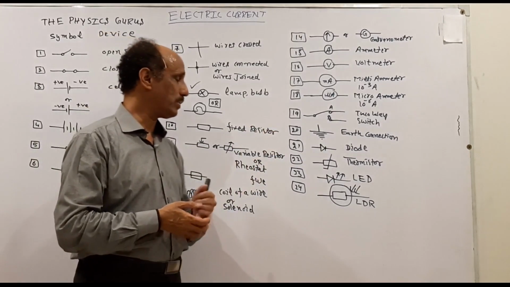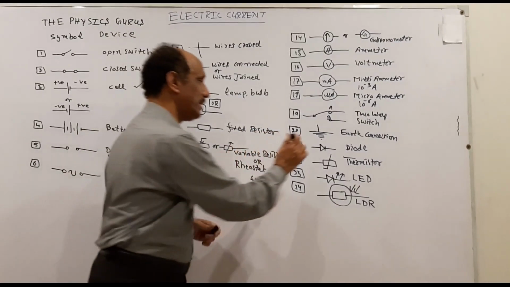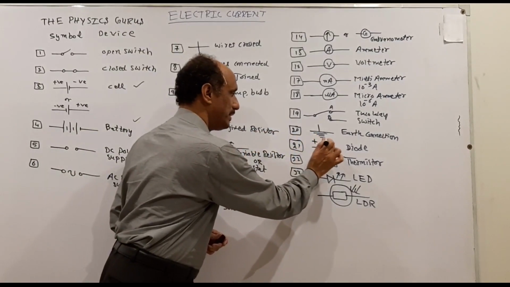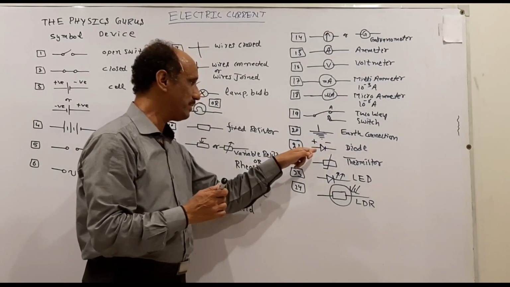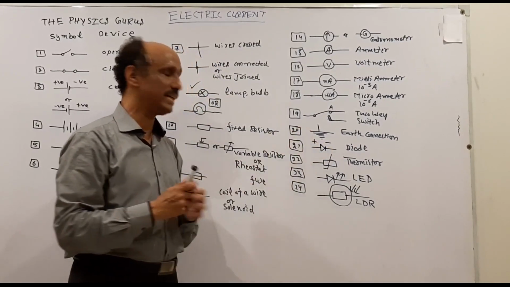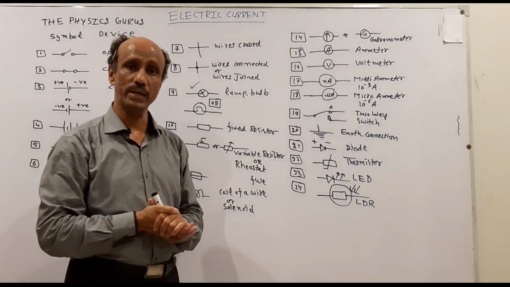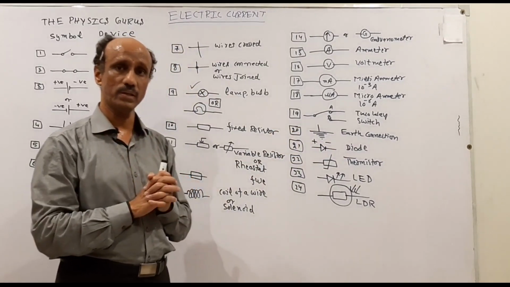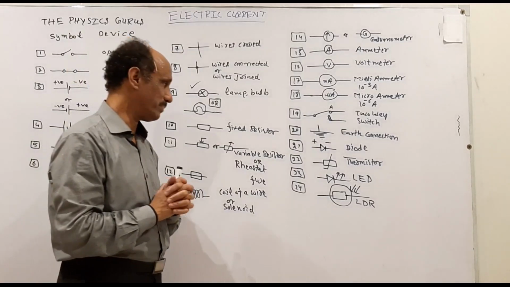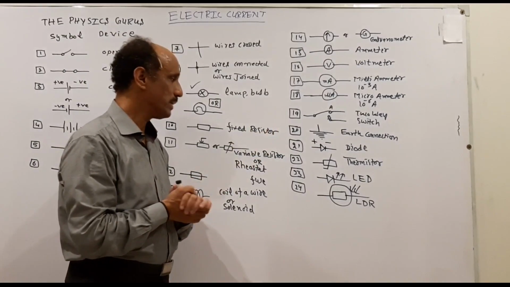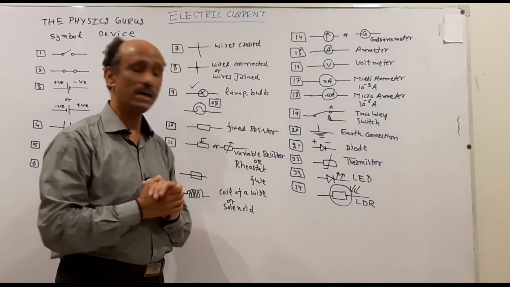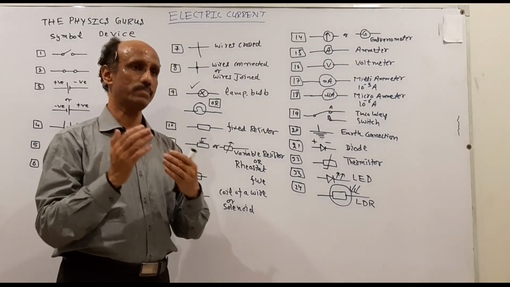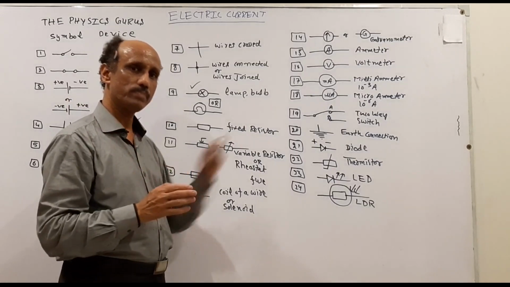Then another important symbol is the diode. Now this side of the diode is the positive and this one is the negative. The line will represent the negative and the base of the triangle will represent the positive terminal of the diode. The polarities are very important. Later on we will discuss this symbol in this chapter. Then the next one is the thermistor. Thermistor is a sensor. It is used to control the temperature.